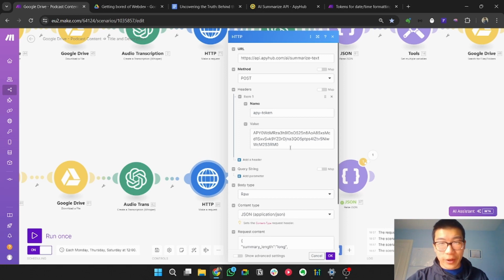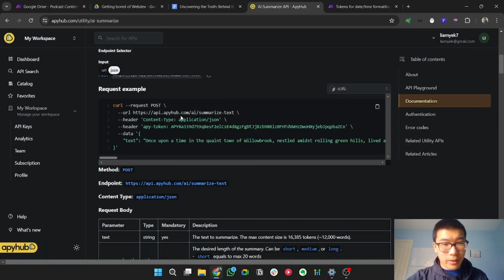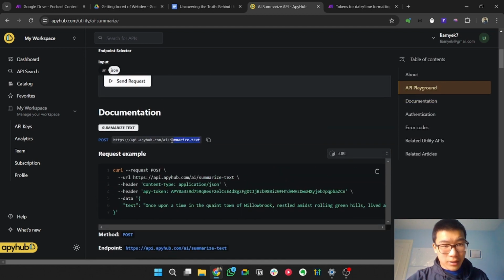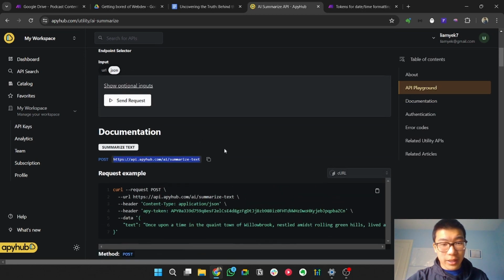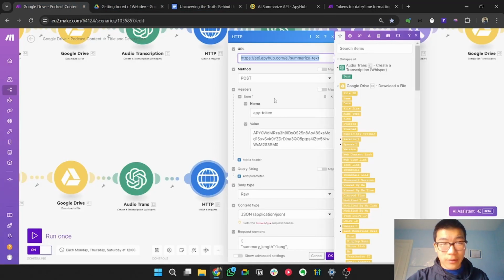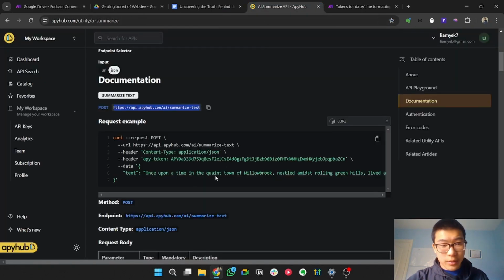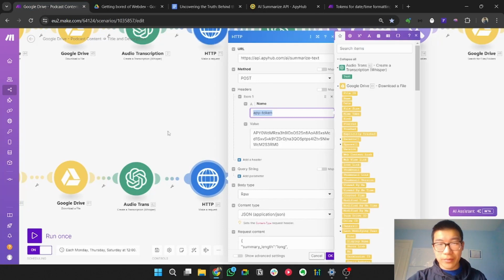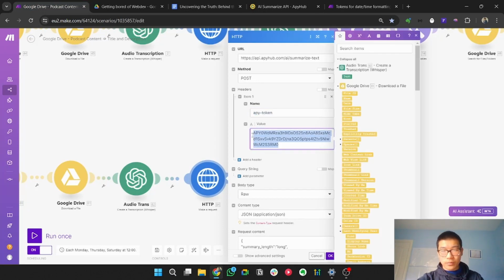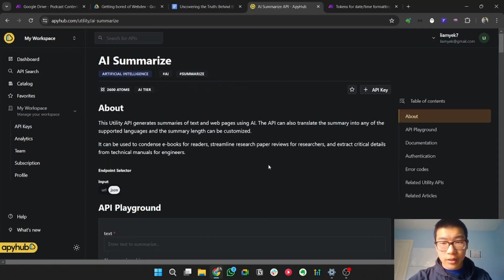So I'm just gonna run through it really fast again. The URL here is from this part here, url.txt, summarize text. From here, you send a post request, and then it'll be an APY token. You get the APY token from here. It's like a header sent via a key, and the value is the token you get here.